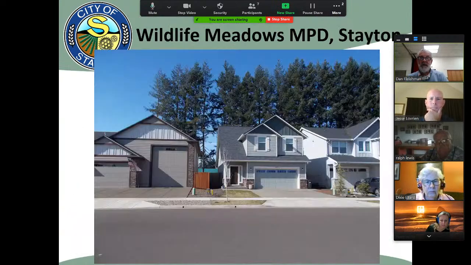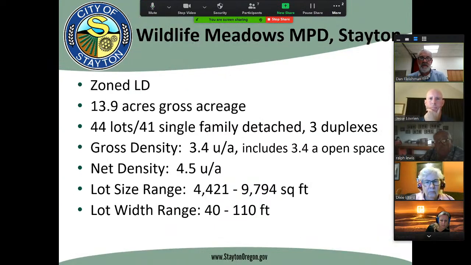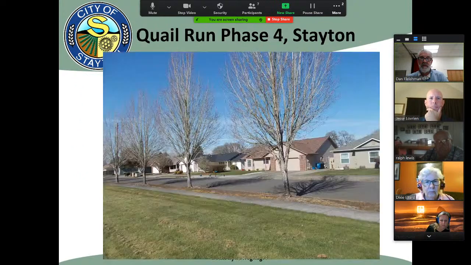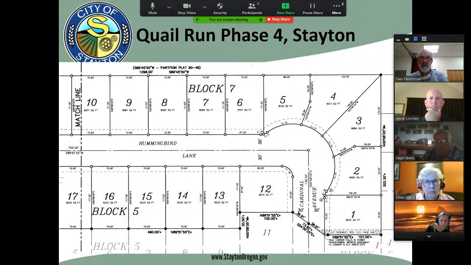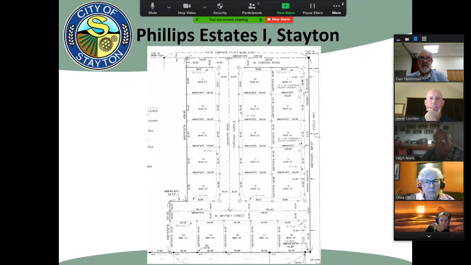In Phillips Estates, here's the plat. For these corner lots, that makes more sense because these are going to be side yards.